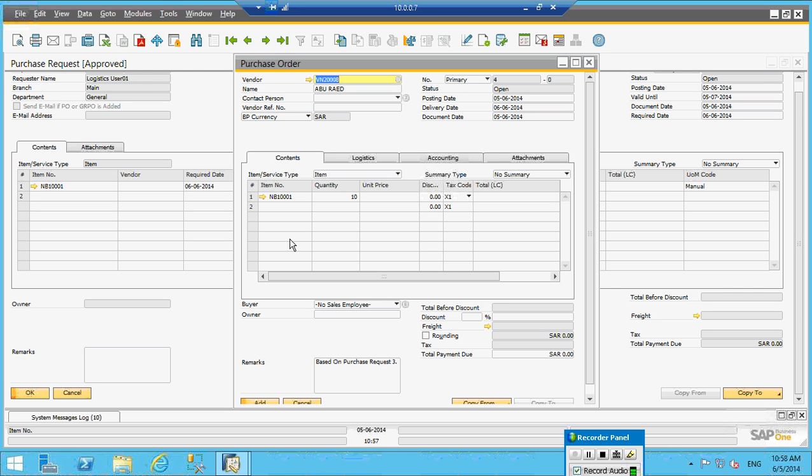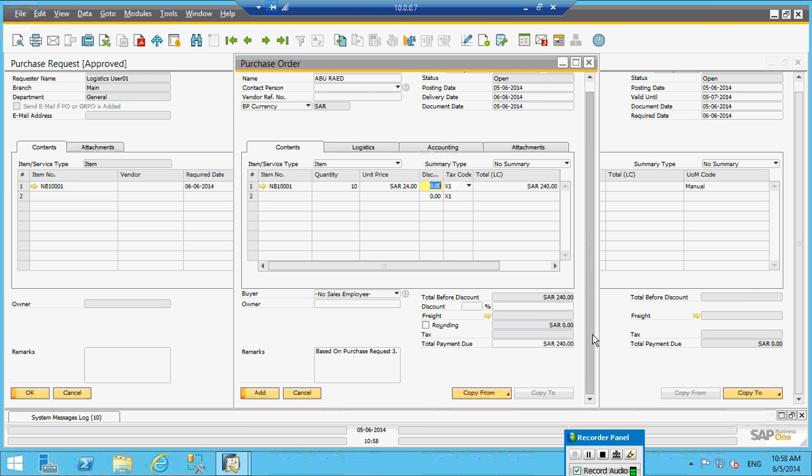Now you can go for the purchase. You can mention the price, the date, everything you want. Everything will be copied from the request, and you can change it to your requirement. By default you copy the data from the request to the PO. In the PO you can make amendments. You can change the date when you are purchasing it, when you are getting the product, everything.